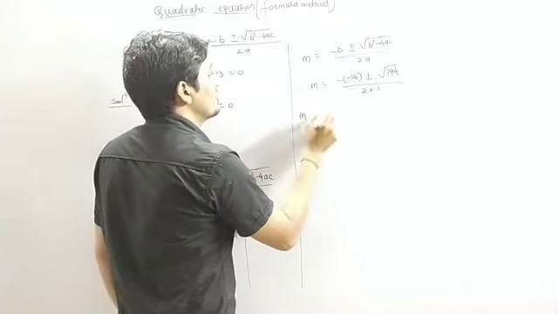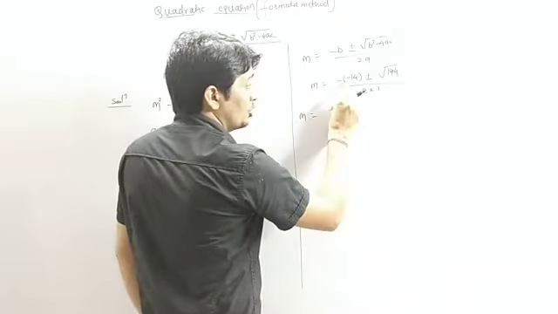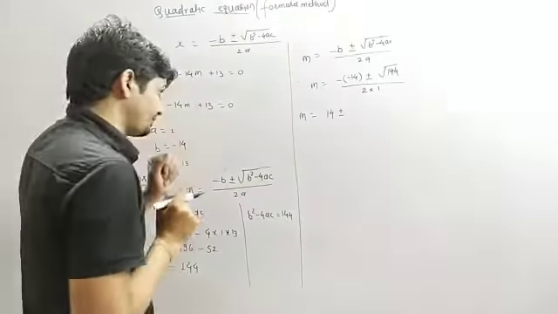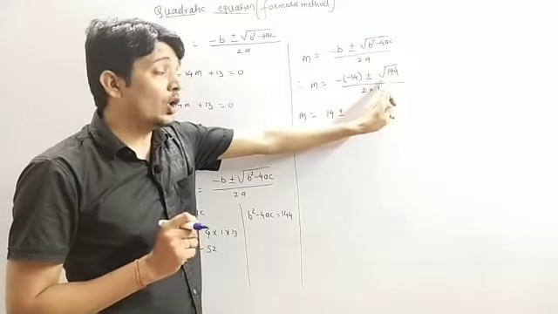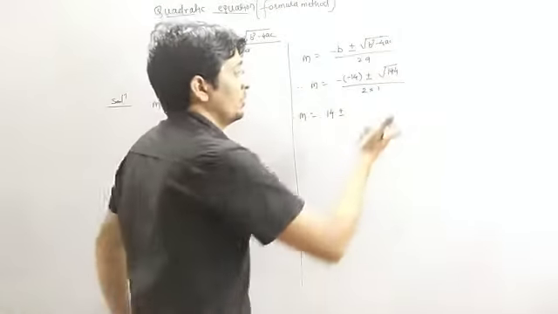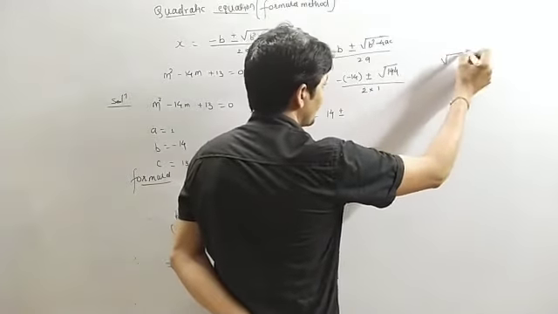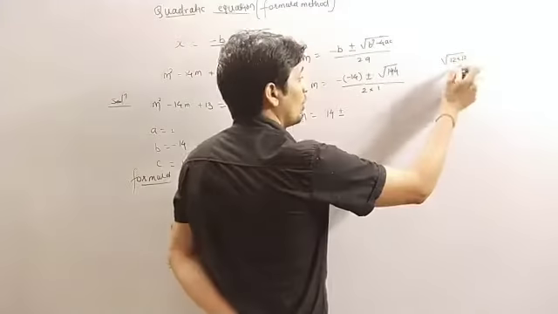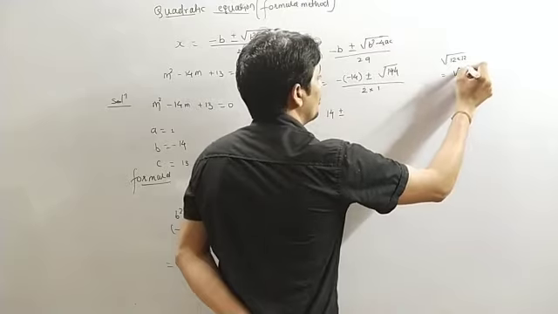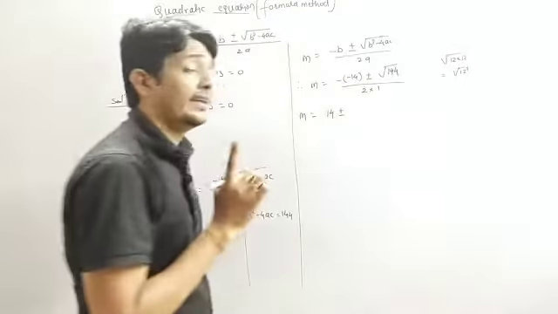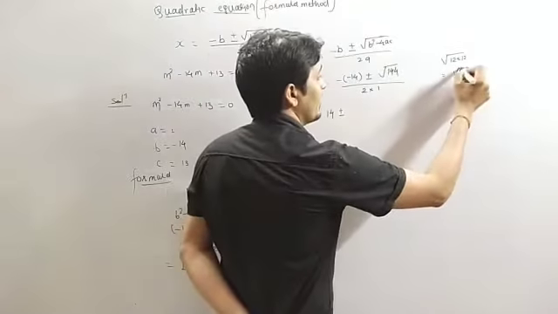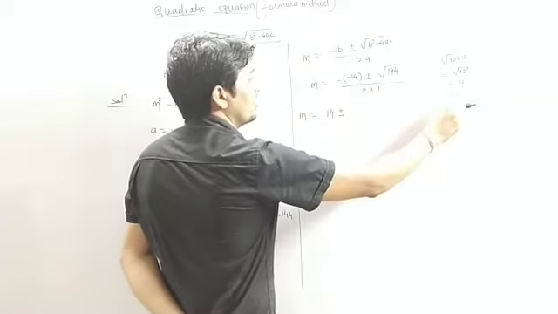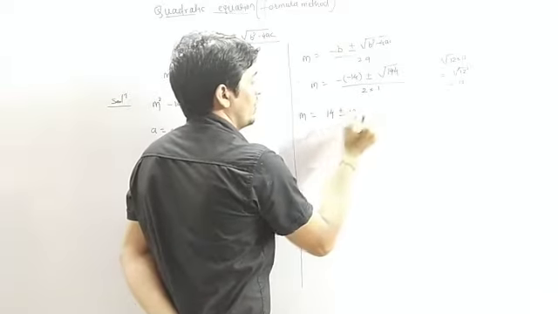So m equals to, अब हम सॉल्व करेंगे, माइनस इंटू माइनस प्लस, तो हम लिखेंगे 14, then we have plus minus. You know the value of root 144. 144 को मैं ऐसा लिख सकते हैं root 12 into 12, because 12 का स्क्वायर कितना होता है 144, and we can write root 12 square. So 12 into 12 means 12 का स्क्वायर, so square से ये square root cancel, so answer क्या बचेगा 12. That means root 144 की वैल्यू कितनी है 12, so we have written 12 here.